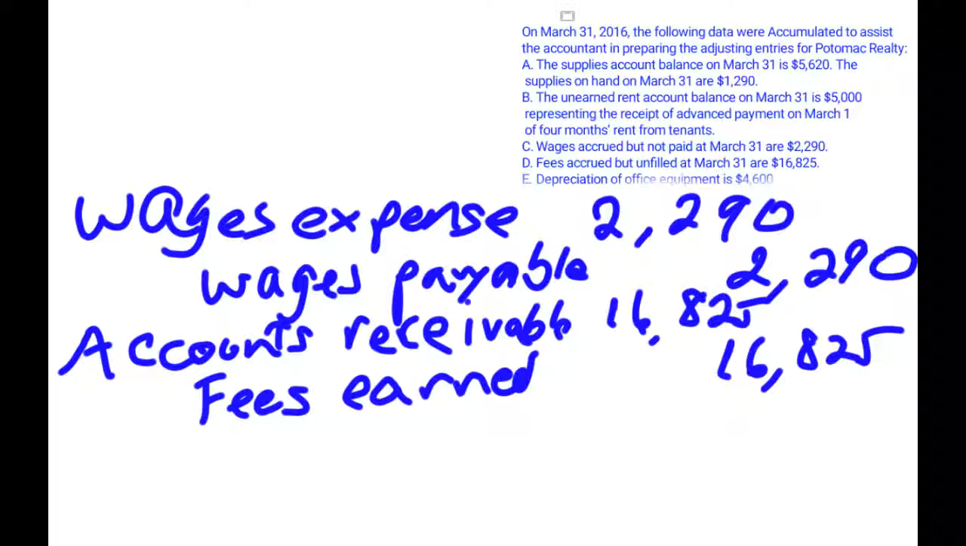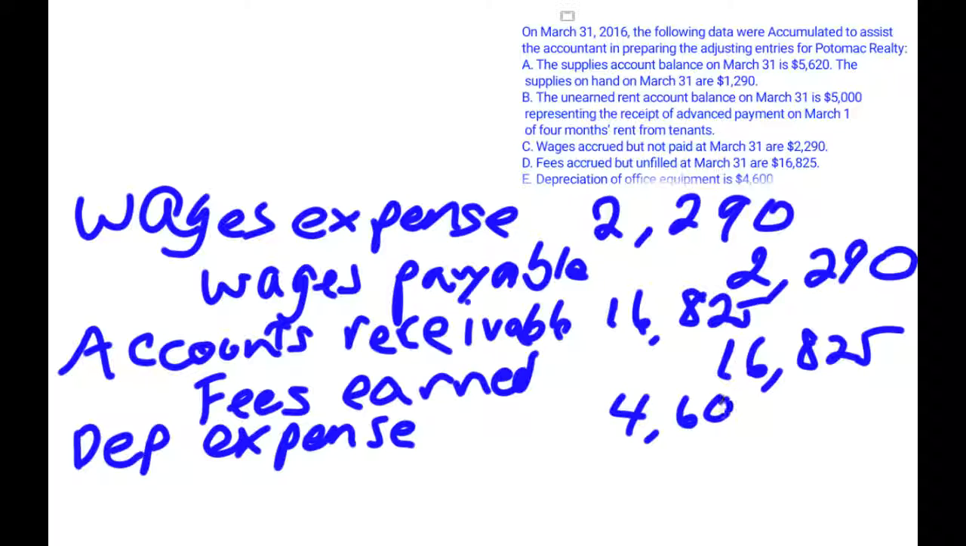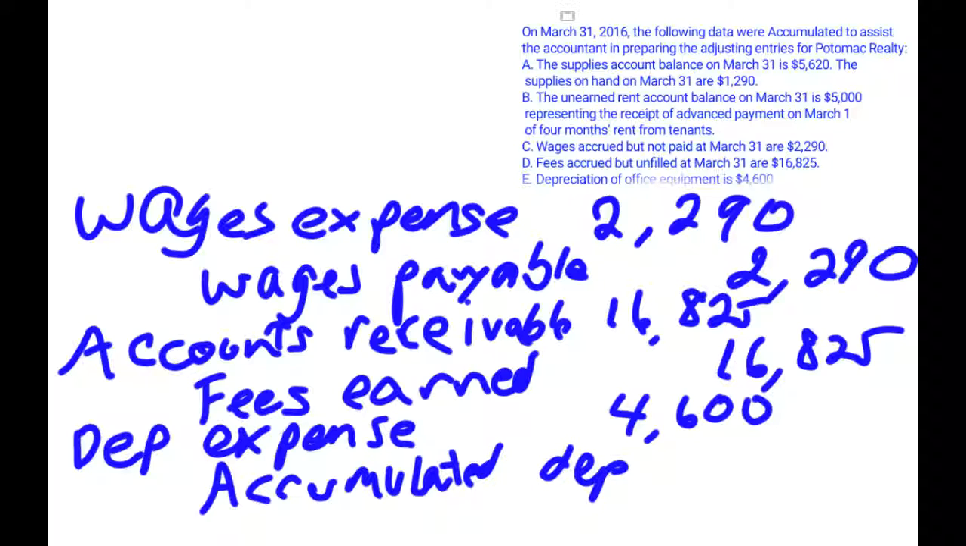Depreciation of office equipment is $4,600. This would be a debit to depreciation expense of $4,600 and a credit to accumulated depreciation for